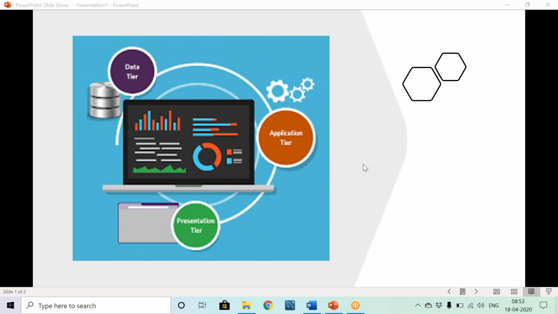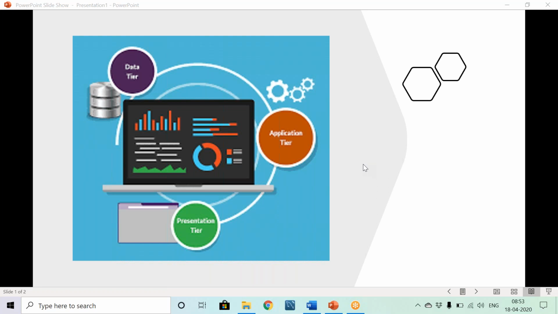Whatever data has already been fetched from the API, it will just showcase on the interface, right? So the applications that we'll be creating with React as a framework will be client-side applications.